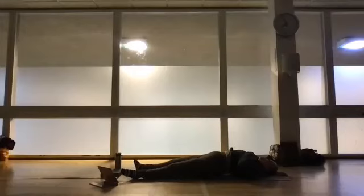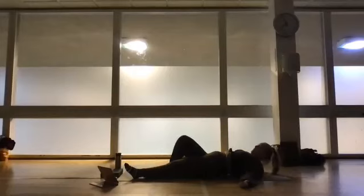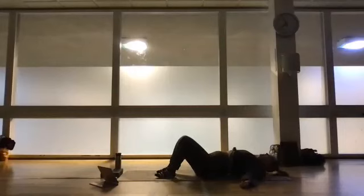Let's take another deep breath in through the nose. And a soft sigh out through the mouth. You can gently let the hands return back down by your sides. Maybe we start to bend back through the knees, soles of the feet flat down to the earth. And then from here, very simply choosing a side, either the left or the right, you're going to roll to